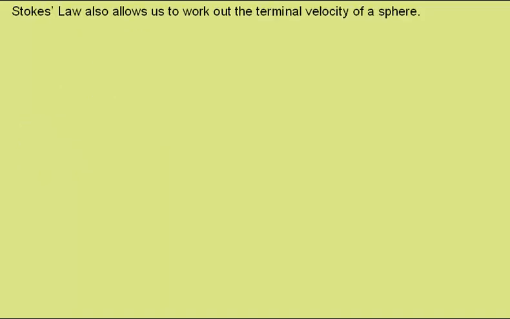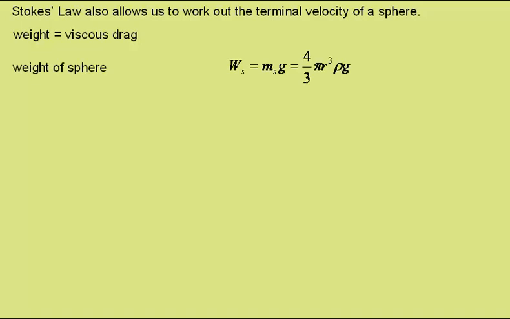Stokes' law also allows us to work out the terminal velocity of a sphere. At terminal velocity the weight is equal to the viscous drag. The weight of the sphere is given by its mass multiplied by the gravitational field strength, and the mass is given by the density ρ multiplied by the volume 4/3 pi r cubed. The viscous drag we found was given by this expression, that came from Stokes' law,